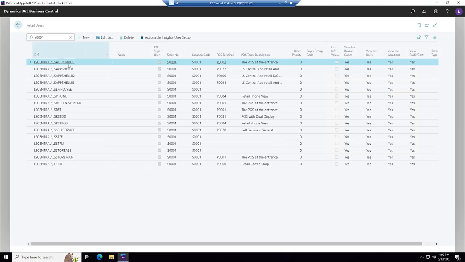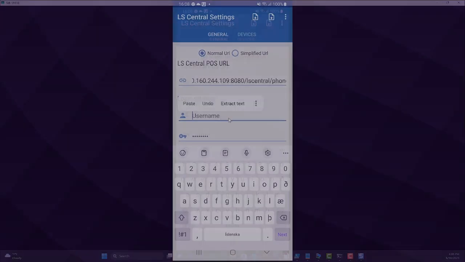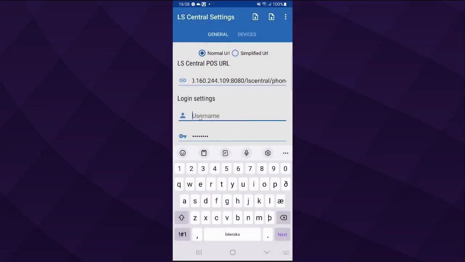Then we don't have as many lines here. And here we have it, the LS app shell R with retail R2, R3. We can use one of these. Fine, let's remember that. This is the user we're going to be using. So we put the user in here, LS app shell R.